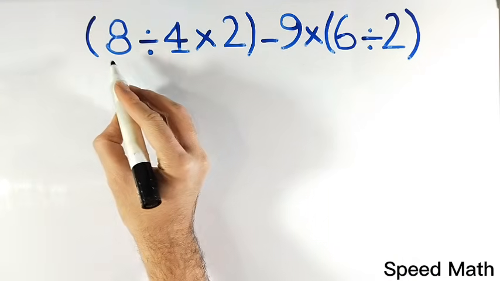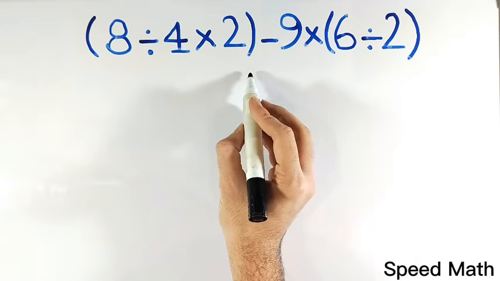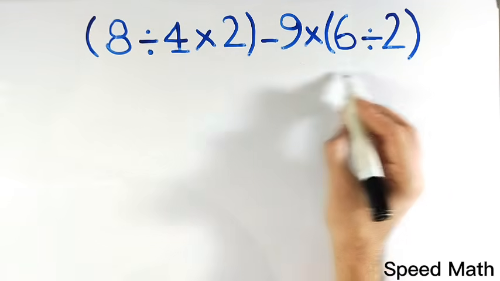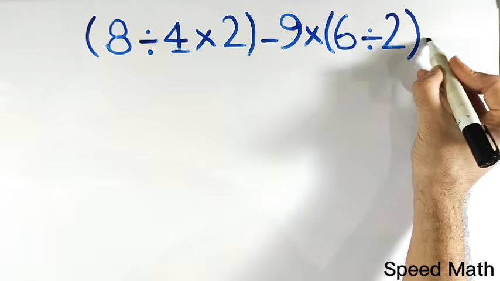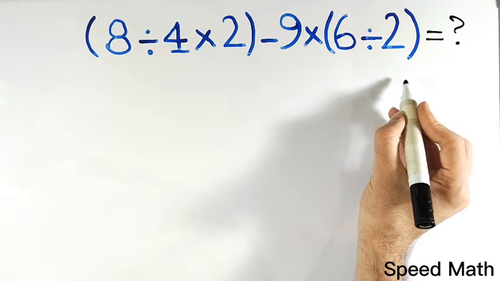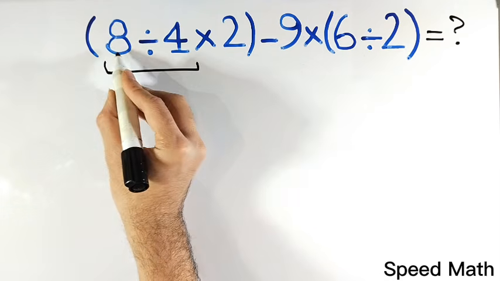If we have the expression 8 divided by 4 times 2 inside the parentheses, then minus 9 and multiplied by 6 divided by 2 inside the parentheses, then what is the correct answer of this question? Many people, when solving this question, go straight to the first parenthesis and start with the division between 8 and